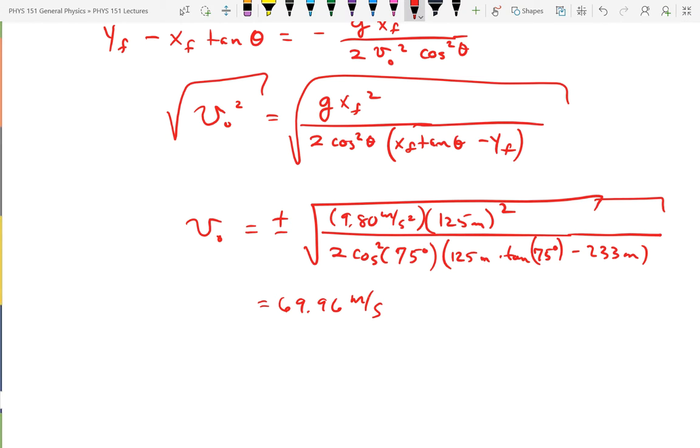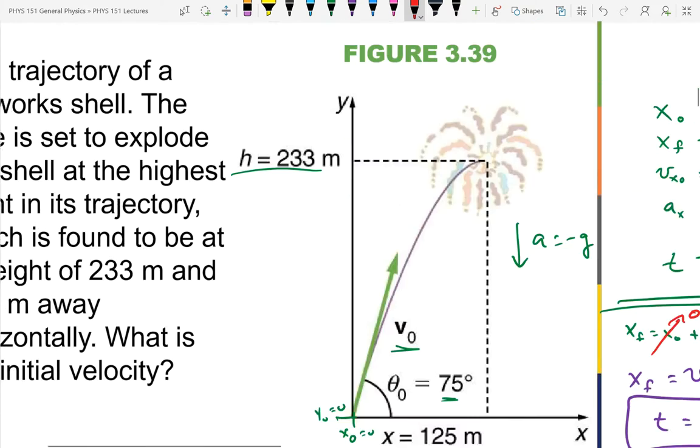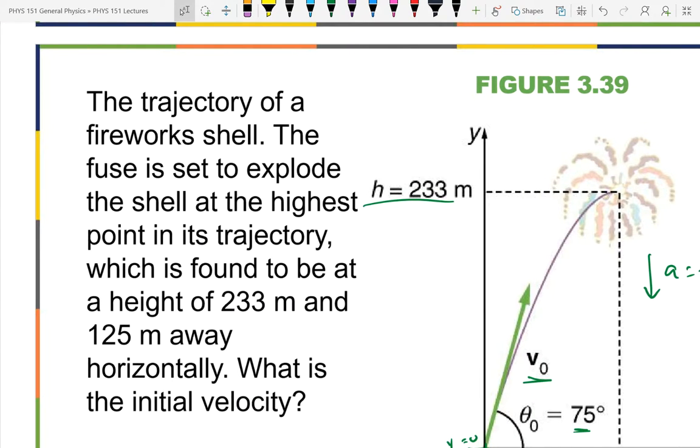The way I did it is the way you are going to end up solving many of your problems, but he used the fact that he knows the vertical component is 0 at its highest point. Did it say that it was at its highest point? Yeah, it says at the highest point. As long as that was the highest point, then he knows the final speed is 0, and that method is a quicker way to get there.